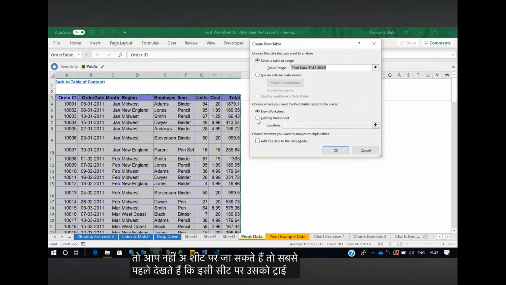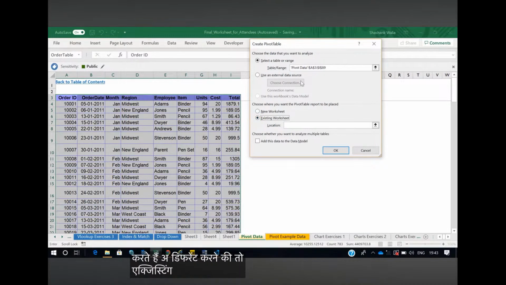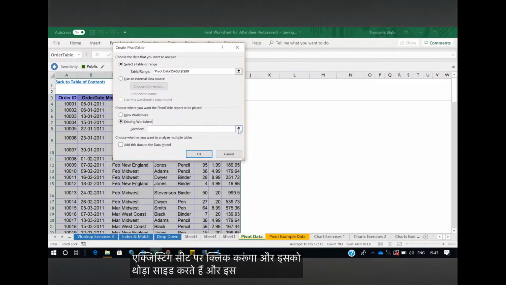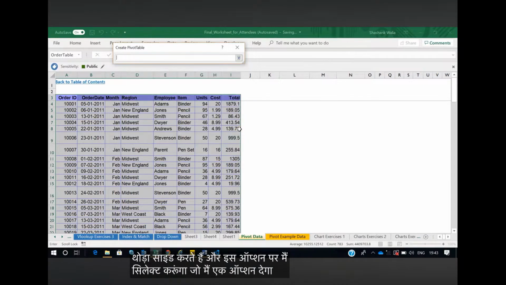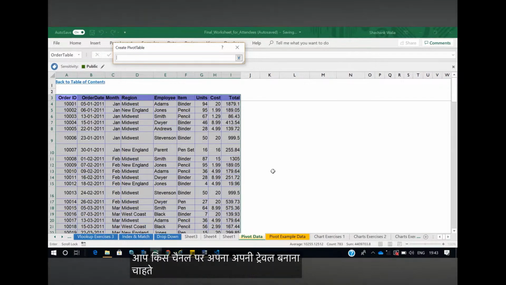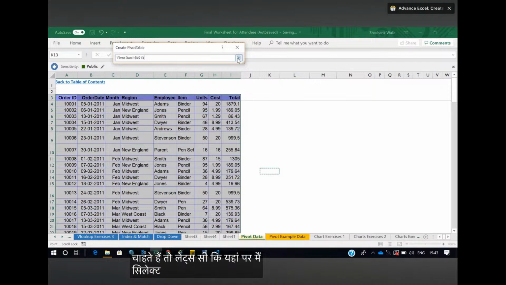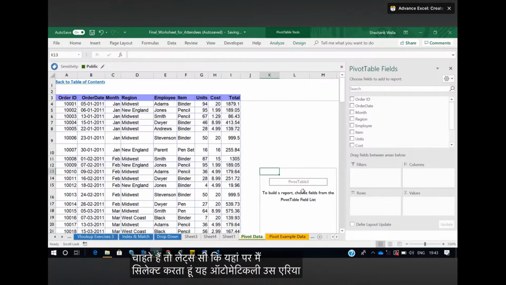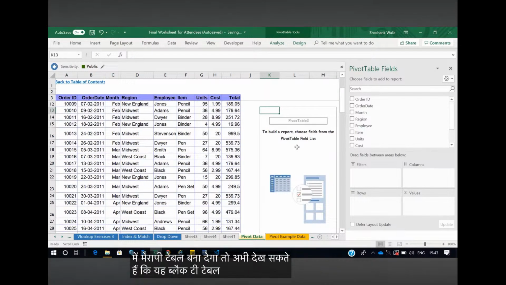तो सबसे पहले देखते हैं कि इसी शीट पे हम उसको ट्राई करते हैं। तो एग्जिस्टिंग शीट पे क्लिक करूँगा और इसको थोड़ा साइड करते हैं और इस ऑप्शन पे सिलेक्ट करूँगा जो मेरे को एक ऑप्शन देगा कि आप किस सेल पे अपना पिवट टेबल बनाना चाहते हैं। तो लेट्स सी कि यहाँ पे मैं सिलेक्ट करता हूँ, ये ऑटोमेटिकली उस एरिया में मेरा पिवट टेबल बना देगा। तो अभी देख सकते हैं कि ये ब्लैंक पिवट टेबल है, यहाँ पे कुछ नहीं है, राइट। और यहाँ पे आपके सामने 4 ऑप्शन हैं। पहला है रोज, वैल्यूज,